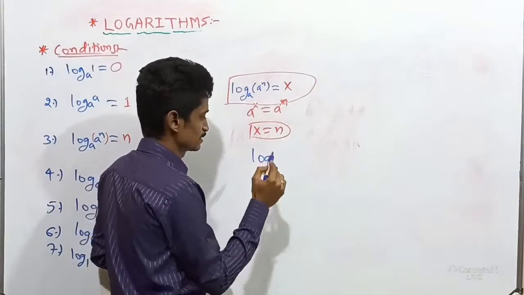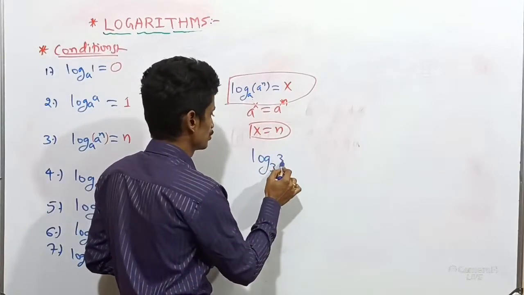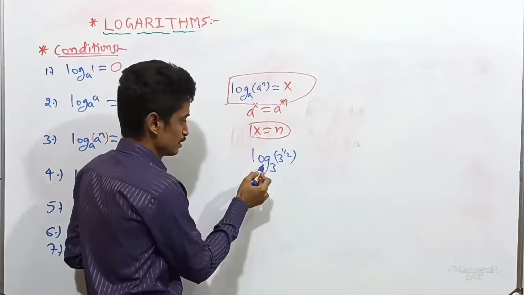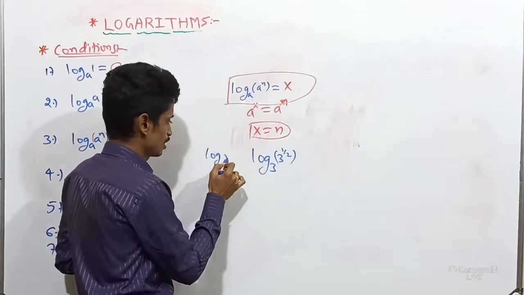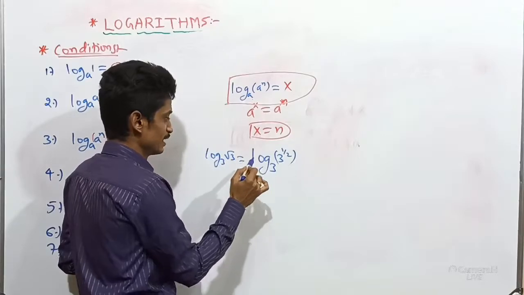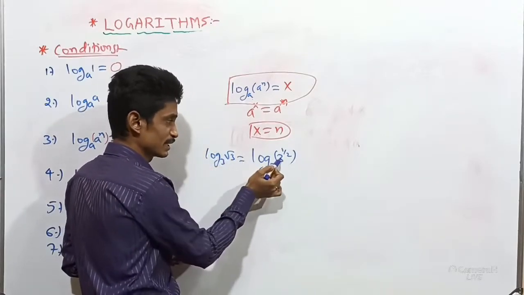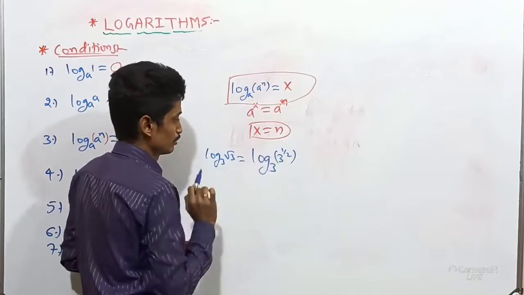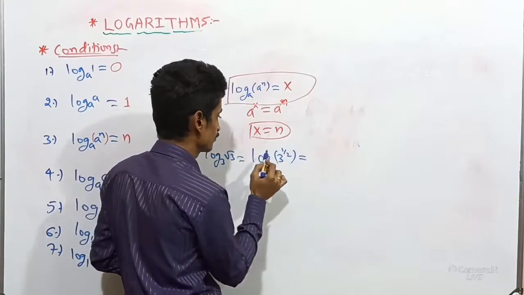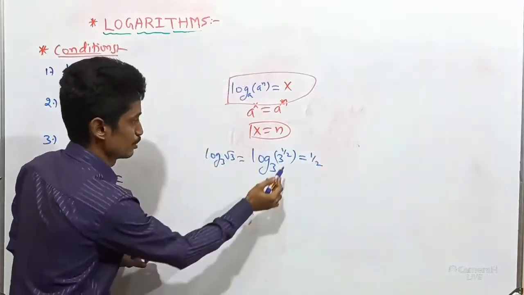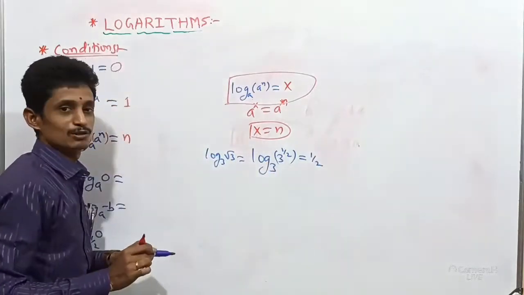Log of 3, simply log base 3, will take. This is 3 power 1 by 2, or root 3, you can see. I'll write here: log of root 3 base 3. At this time root 3 can be written as 3 power 1 by 2, but with the same base, that answer will be what according to this rule? That is 1 by 2. Only this power will be 1 by 2.